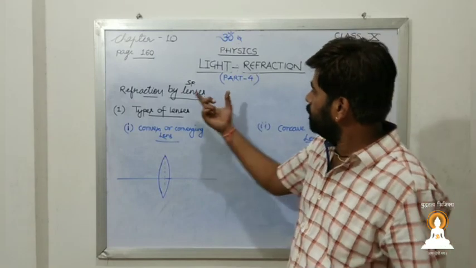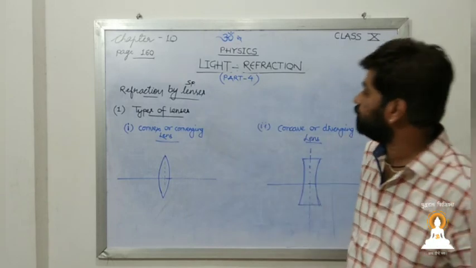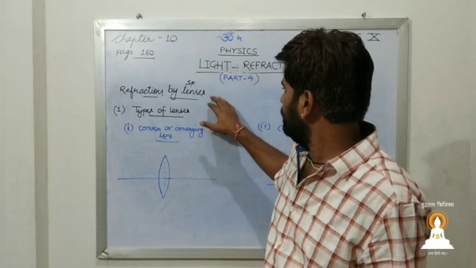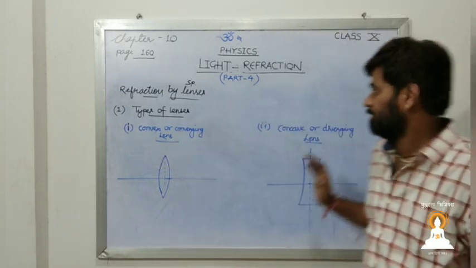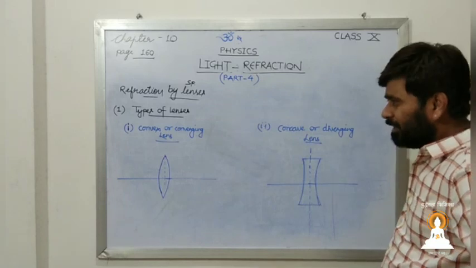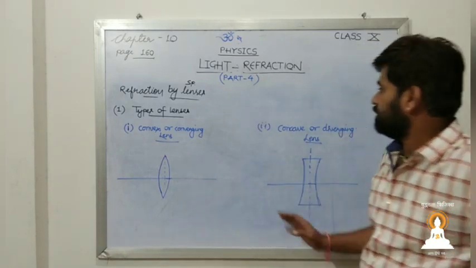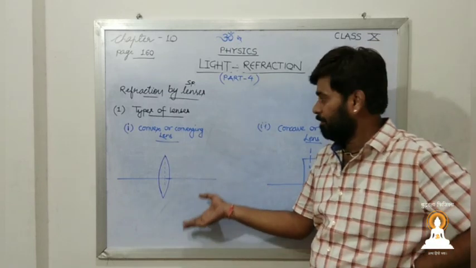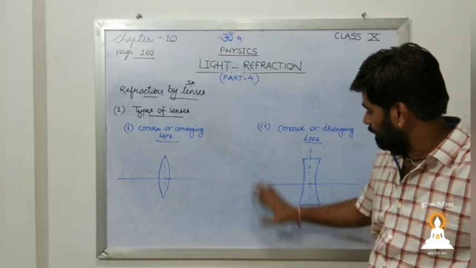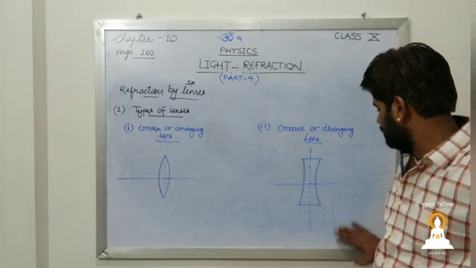Spherical lenses, we have a little bit of knowledge about this because we have seen similar terms in our 8th class. In 8th class we had a very basic understanding, not very deep, just which lens is of which type. So let us begin it again in a somewhat different way,